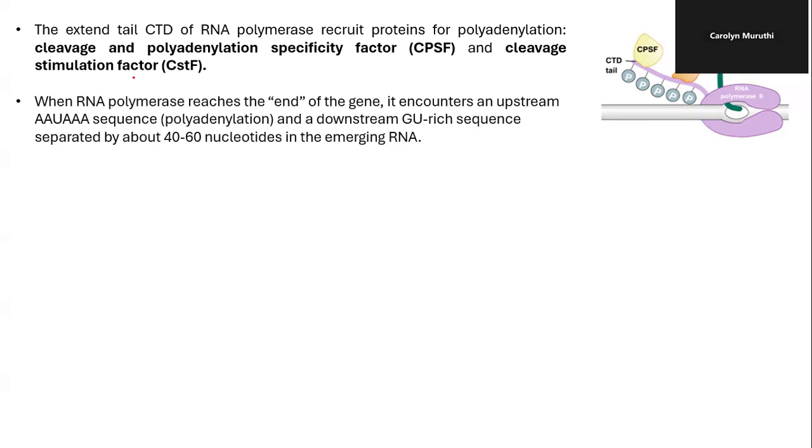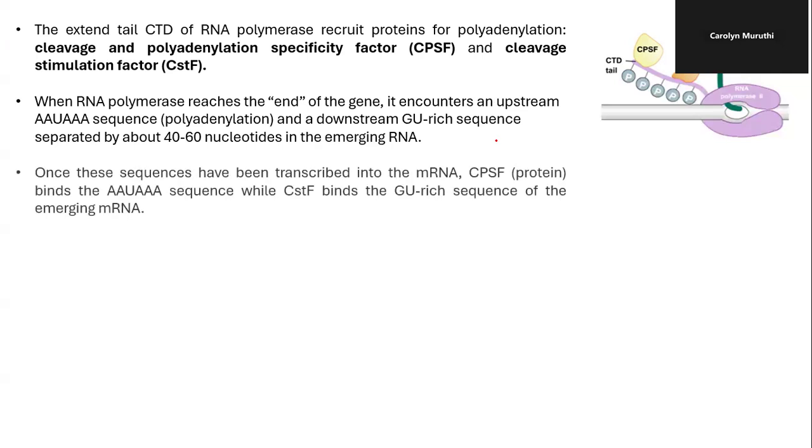And when the RNA polymerase II reaches the end of the gene, it will encounter an upstream polyadenylation signal, which has the AAUAA sequence, and a downstream element, which is a guanine-uracil-rich sequence. And these sequences are separated by 40 to 60 nucleotides in the emerging mRNA. So once these sequences have been transcribed into the messenger RNA,